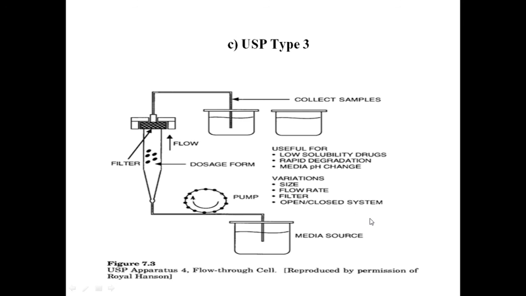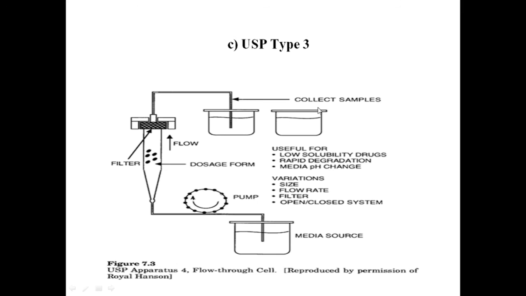USP Type 3 apparatus. The USP Type 3 apparatus finds its primary use in extended release formulations. Although it is not used extensively, it consists of a cylinder with a screen on one end that contains the dosage form and a larger glass cylinder into which the dissolution medium is placed. The dosage form containing cylinder is immersed in the dissolution medium and agitated with vertical strokes.